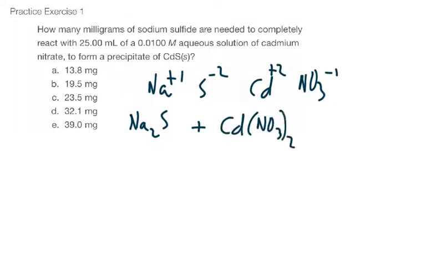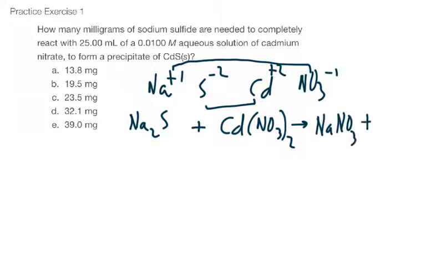Now, this is a double replacement reaction. These two get together. These two get together. So sodium nitrate is a soluble salt, and the precipitate, remember, metals go first. So it'll be CdS, not SCd. And when you balance this, which is very important that you do, you need to put a 2 here. Now that we have the equation, now that it's balanced, our next step is going to be to fill in